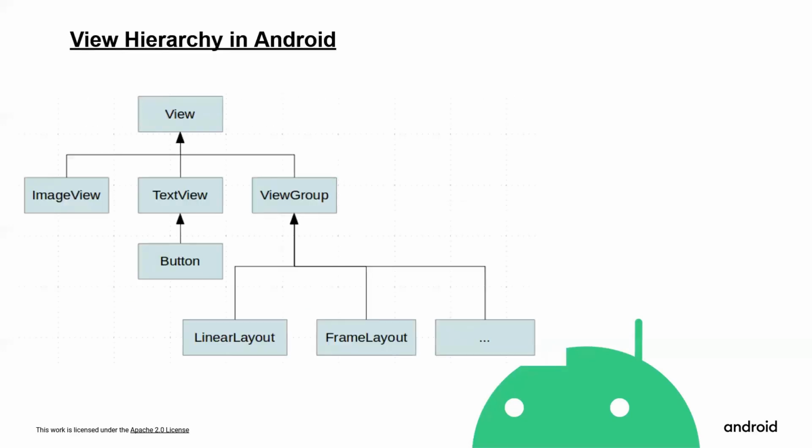Now coming to one of the most important parts, that is view hierarchy. As we know, a view inside another view creates a hierarchy. The outer view becomes the parent and the inner views are the children. On the Android platform, you define an activity UI using a hierarchy of views and view group nodes as shown in the